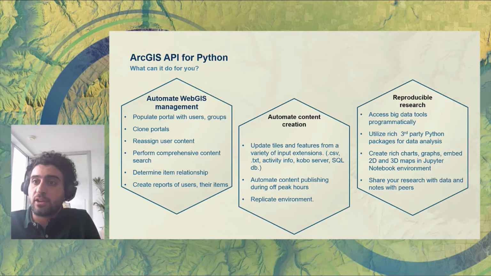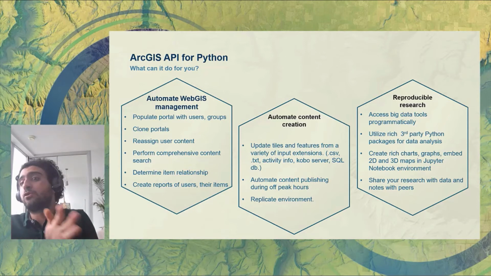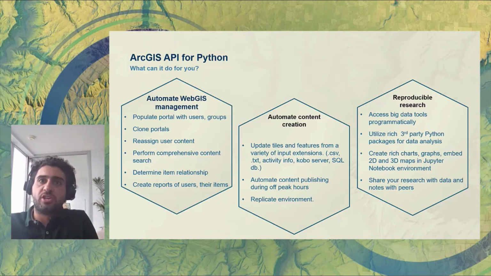We can also automate content creation, which means we can update features, update tiles, update any existing item in our ArcGIS Online or Enterprise through different ETLs that we might create that tap into our data sources. In our presentation today, we would be tapping on Kobo server and seeing how to move data from Kobo into ArcGIS. We can also automate content publishing on off-peak hours, which means if we have a map that is updated on daily basis or weekly basis,